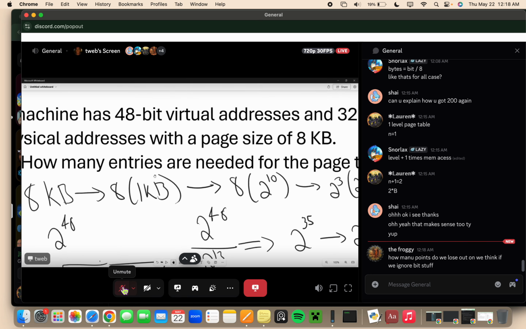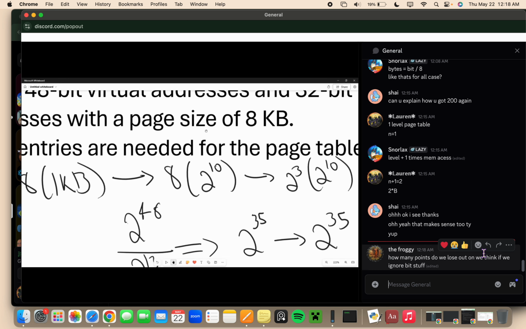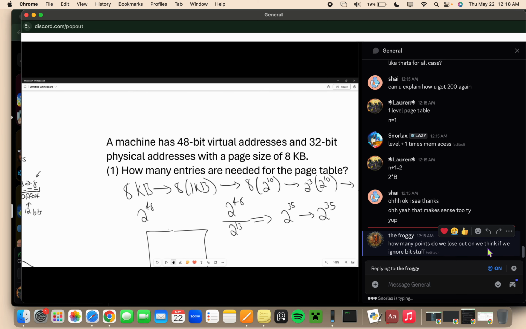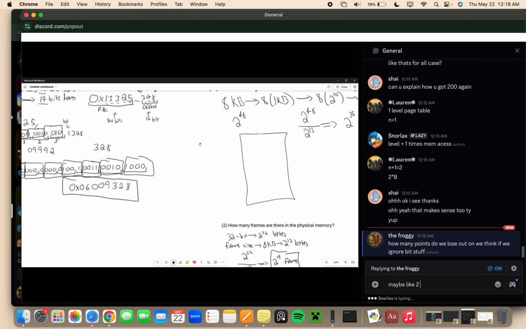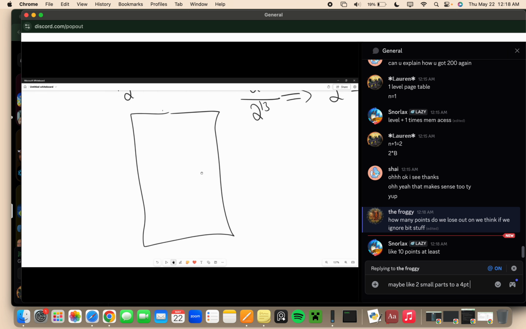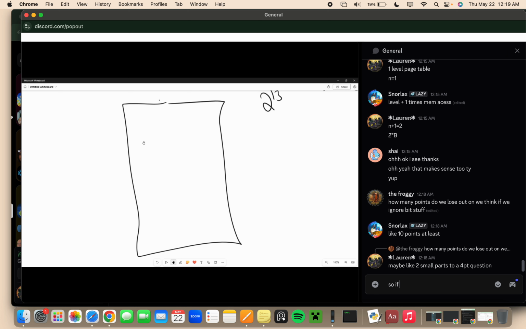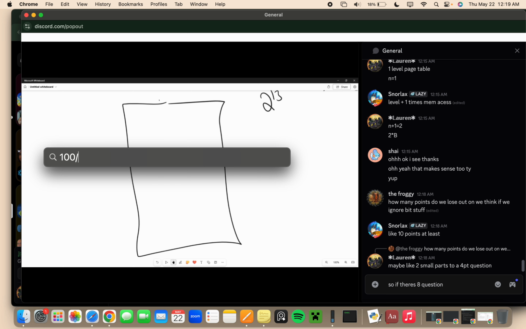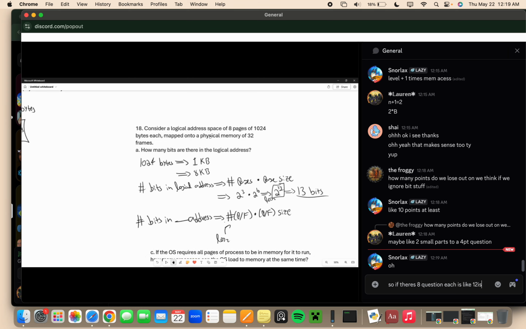But there's some good stuff to remember here. If you're going to do the bit stuff, 1 kilobyte, remember, is 2 to the 10. 1 gigabyte is 2 to the 30 bytes. 1 byte is 8 bits, right? To find the size of the page table itself, that is the number of pages times the bit architecture in bytes. So, for example,